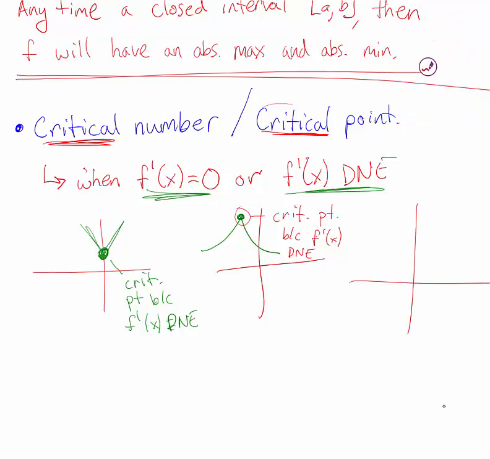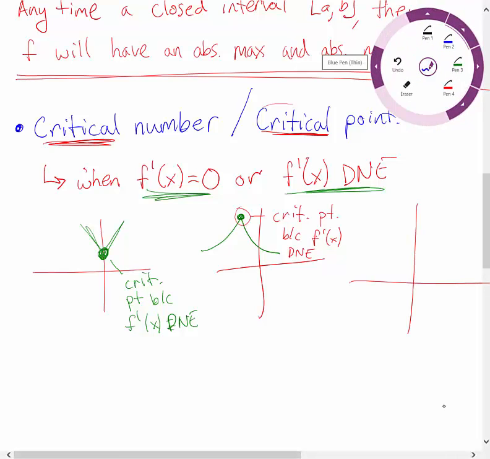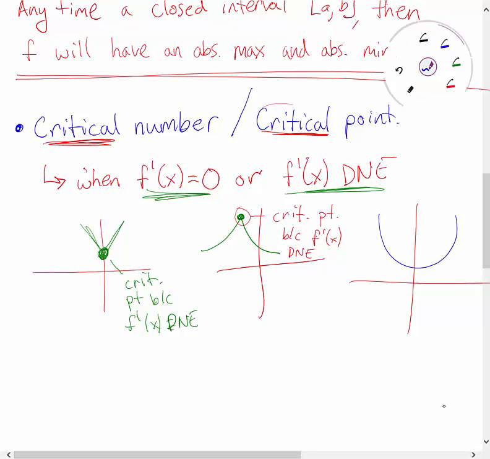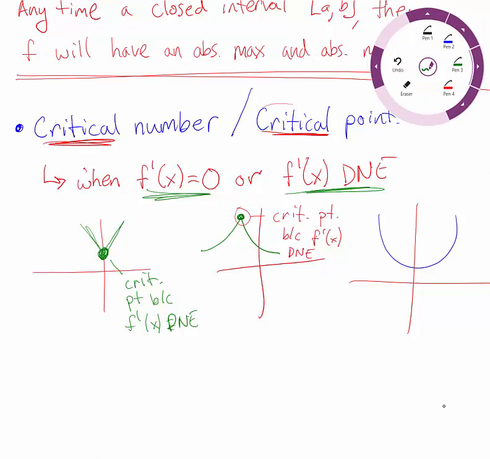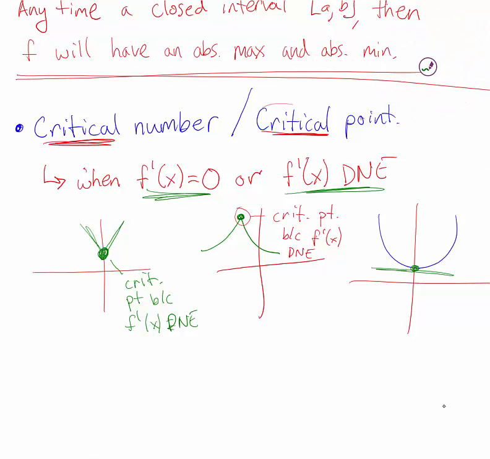The other case is when the derivative is equal to 0. So that's anything where we have a derivative, right there. The derivative is equal to 0. So this point is also a critical point. So anywhere we have a critical point,